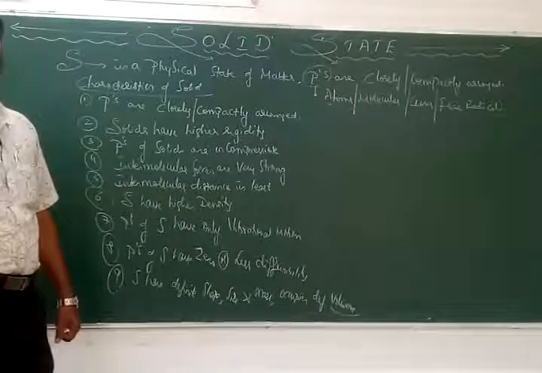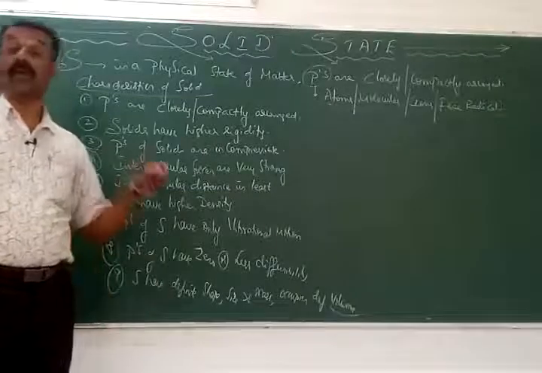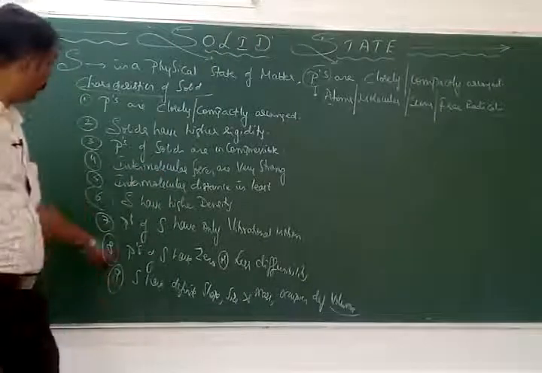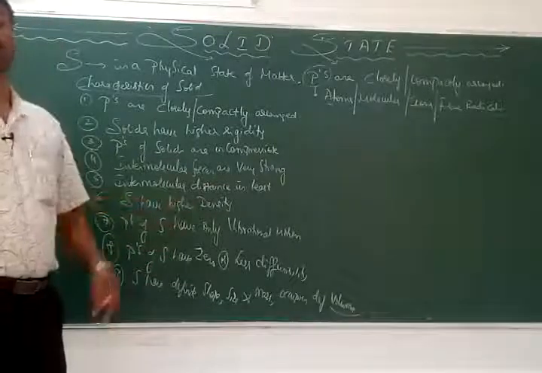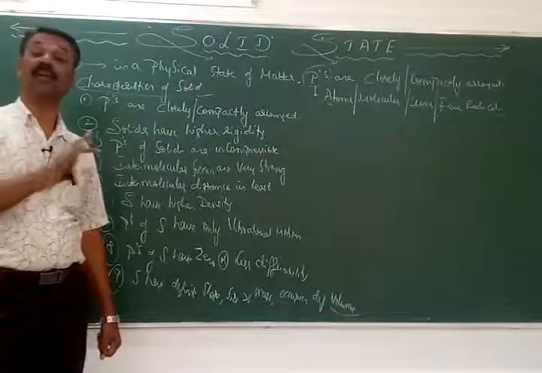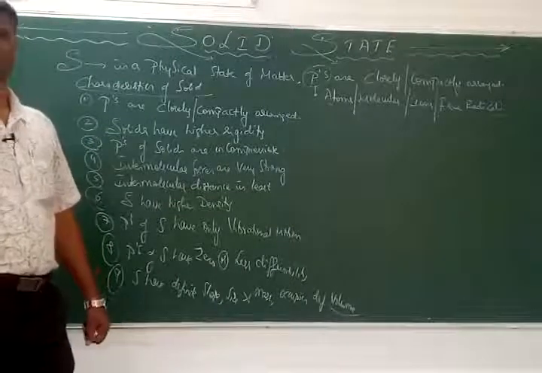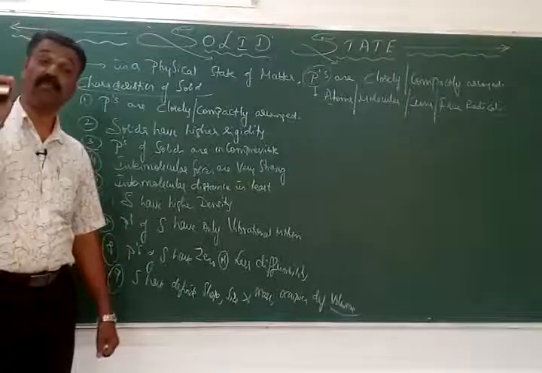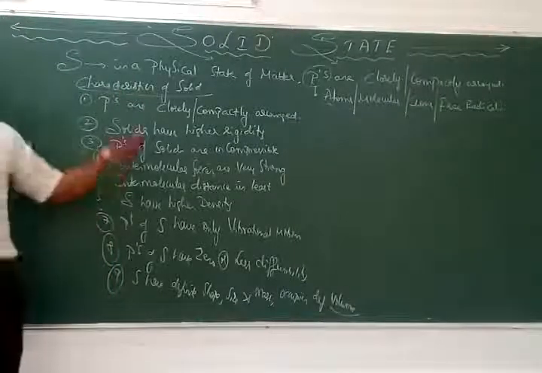Then, we know that the particles of a system have three different types of motion: translational, vibrational, and rotational. As solids have higher rigidity, they can have only vibrational motion at their mean positions, or average positions. And finally, the particles of solids have zero, or sometimes less, diffusibility. For the same reason, as the particles are very close and compactly arranged, they have no movement, which we call zero diffusion from higher concentration to lower concentration. In a few exception cases of amorphous solids, we can have some less diffusibility. So what are these? These are considered to be the